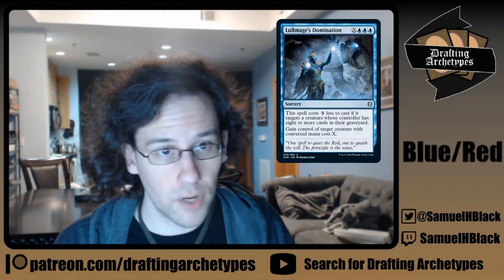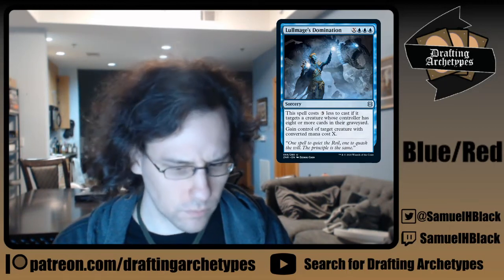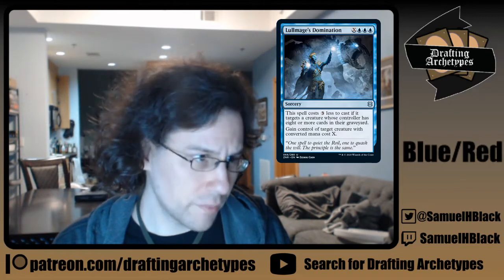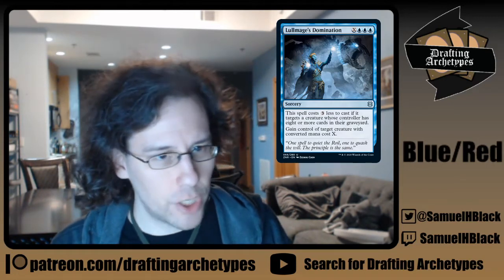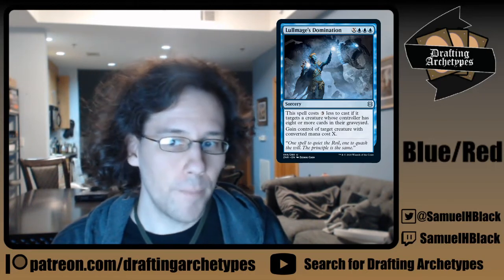Steal a creature with converted mana cost X or less, unless your opponent has 8 cards or more in their graveyard, and then you get a 3 mana discount on this. And when you first pick Lil Mage's Domination, it gives you an extremely strong endgame, not just because stealing a creature is such a strong effect, but because